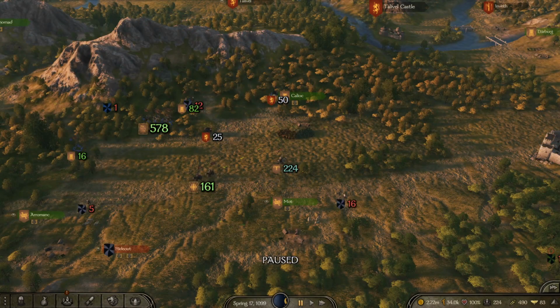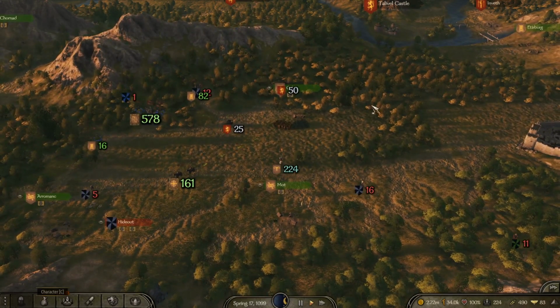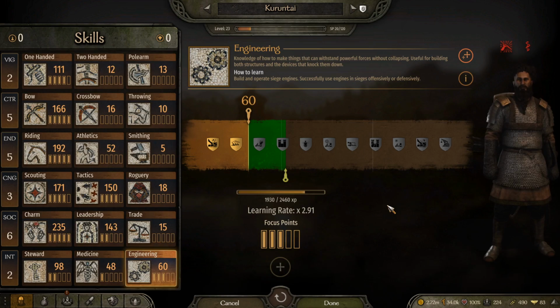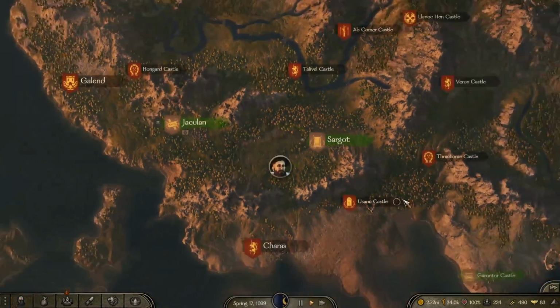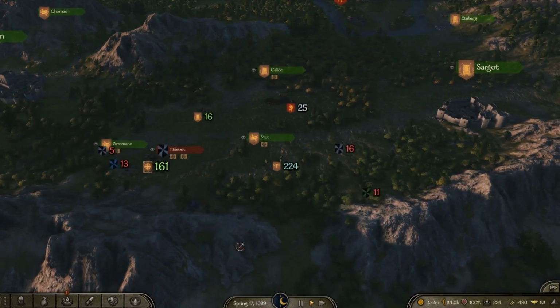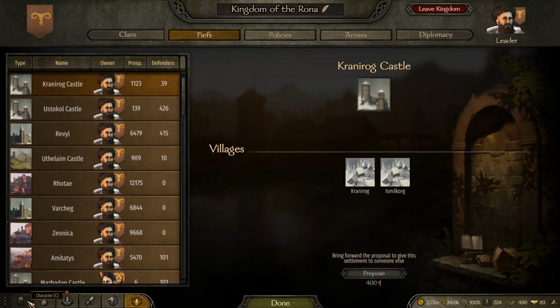Alrighty, and last thing we're going to talk about today is pretty much the engineering skill and why it's important to put points into it earlier. Now, what I mean is this skill right here. If you go into character, engineering, mine's very low for pretty much how much of the map I have so far, right? I've been in quite a bit of sieges, but what I realized is I should have put points into it